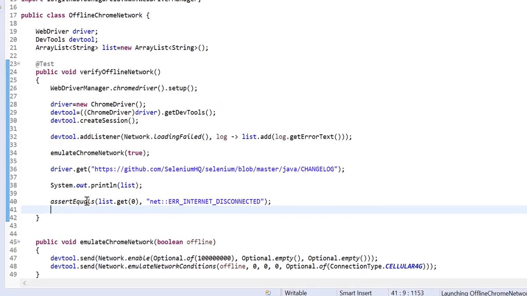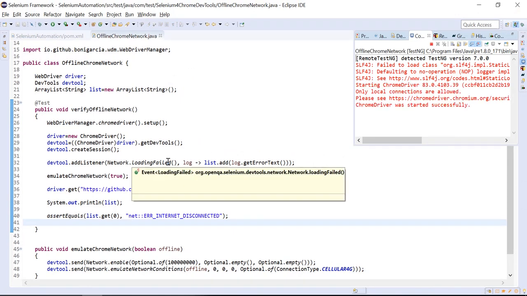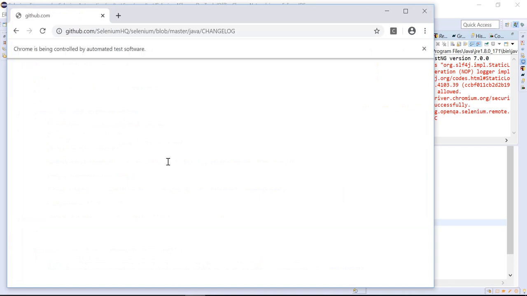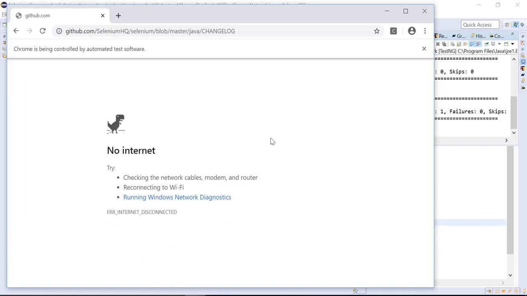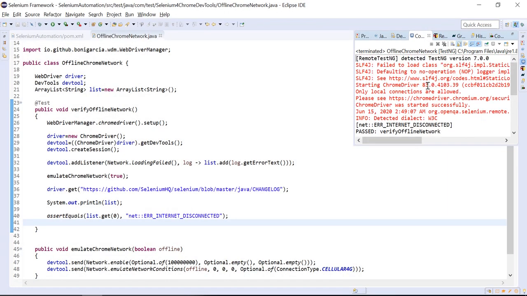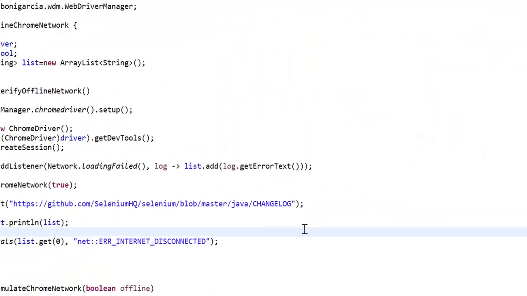Let me execute. The browser is going to open, it launches and execution finishes. Let me close this, and here we can see we are getting this error, and the test case got passed.